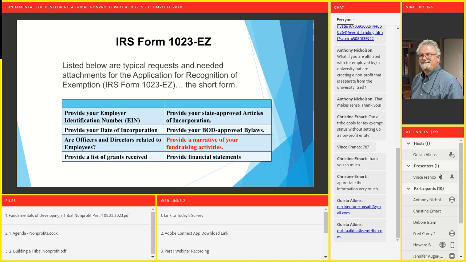You exceed $250,000, so we're going to fail you, so to speak, on the short form and kick you over to the long form, which is not where you want to go, because it's just going to be an endless process of questions and involvement from the IRS. You want to try to keep things simple and progressive, moving along.